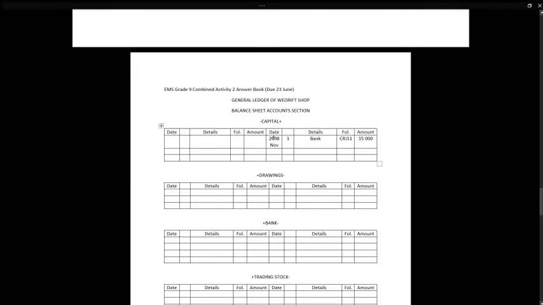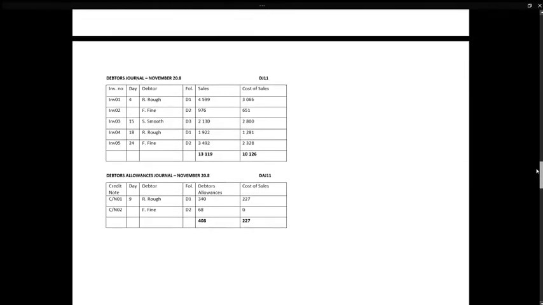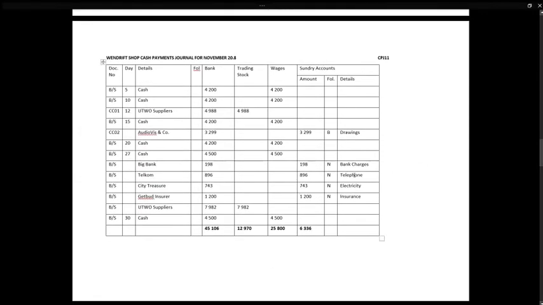Then drawings is the opposite of capital. So this is when the owner takes money out of the business. It is also classified as an owner's equity account, but it will have the opposite influence on owner's equity as capital. It will have a negative influence on owner's equity. So we will go straight to the cash payment journal, because by definition the business is paying money. Okay, this is when the owner takes money out of the business. So right here on the 15th, the owner took money out of the business for a sound system, if I remember correctly, for